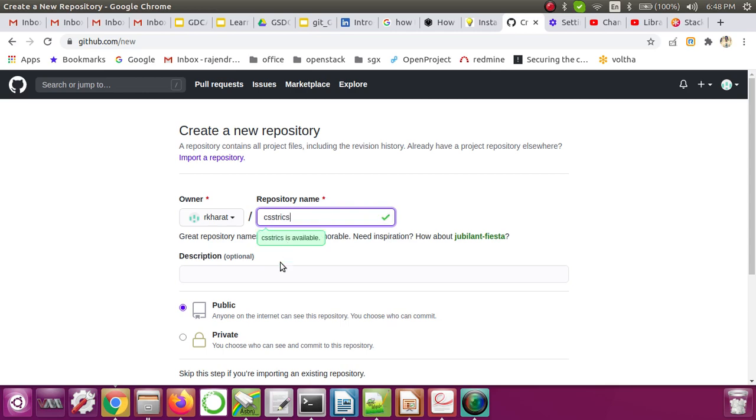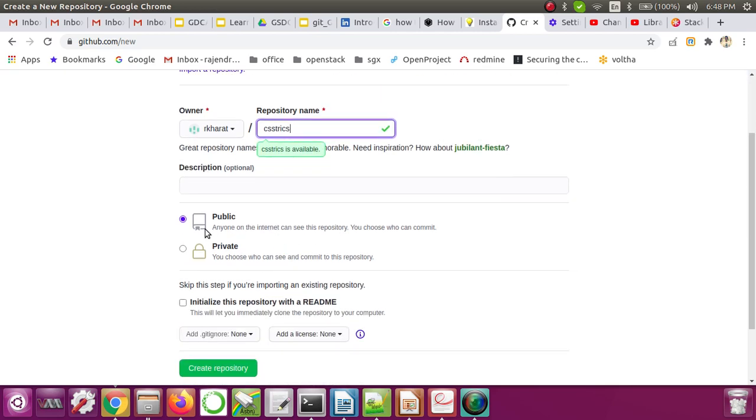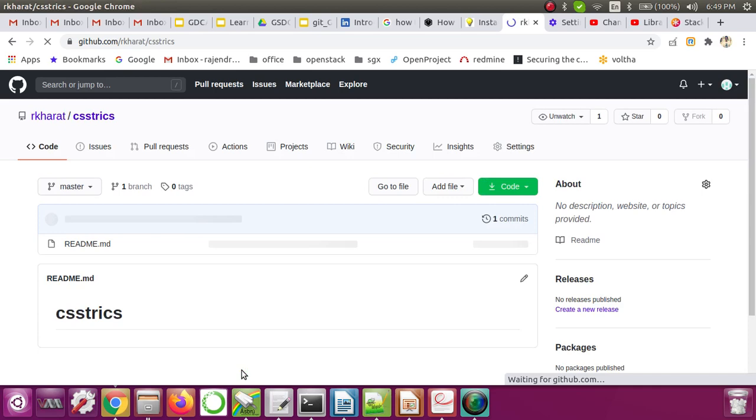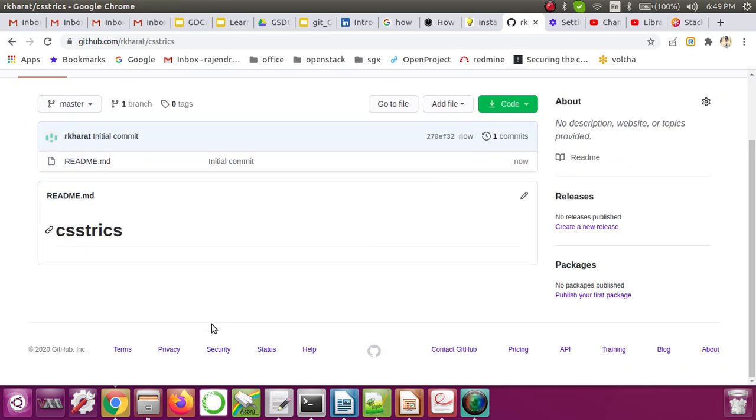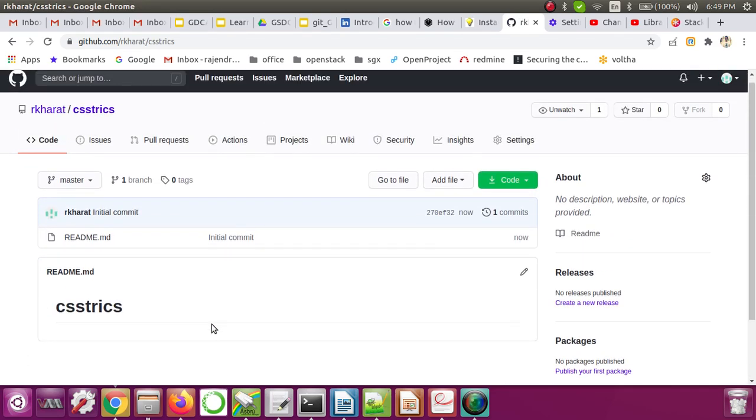The repository is created, public is selected, and initialize this repository with a README is checked. Let me create the repository now. Now the repository is ready.